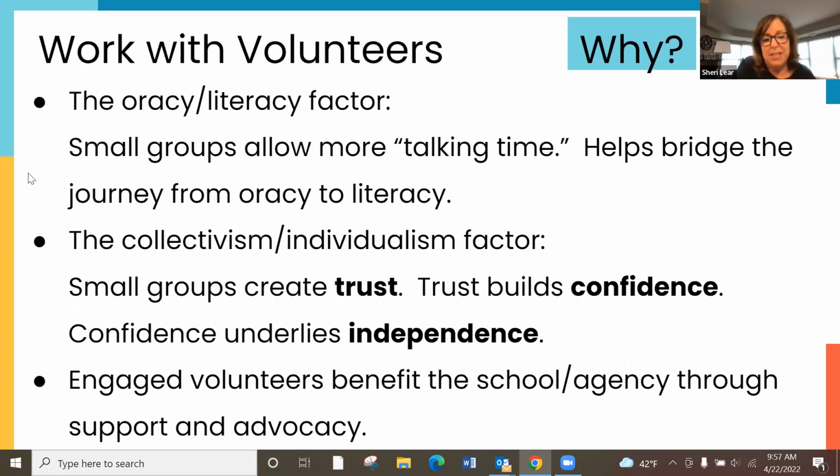So I would maintain that working in small groups helps create trust, and trust builds confidence, and confidence underlies independence. So again, moving them from this small, very safe group and guiding them gently into activities that are first as a group and then a little more individual, and something that you don't do if it's one teacher and 17